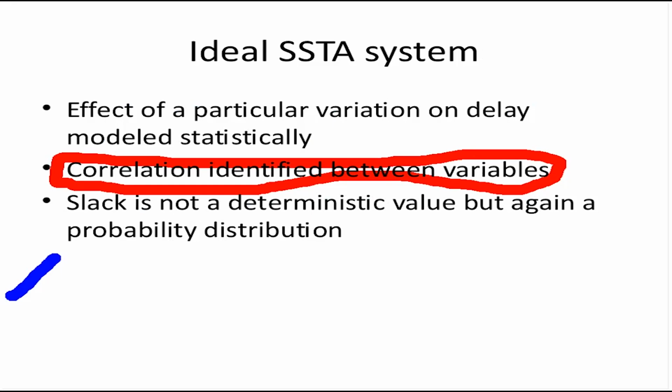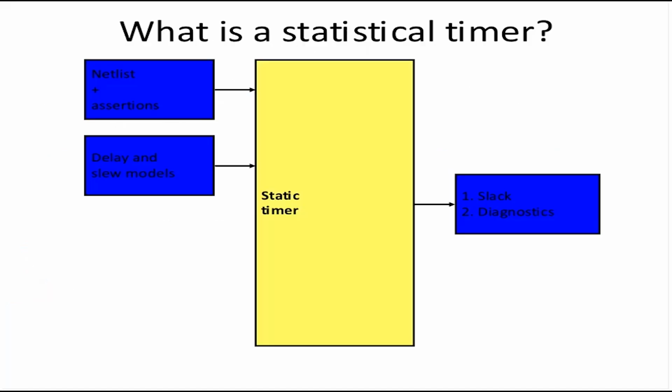Slack is not a deterministic value, but again a probability distribution. It does not say whether your timing is met or failed. It says that your timing is met with this probability. It's a probability distribution. So a statistical timer engine, a normal PrimeTime static timer engine,